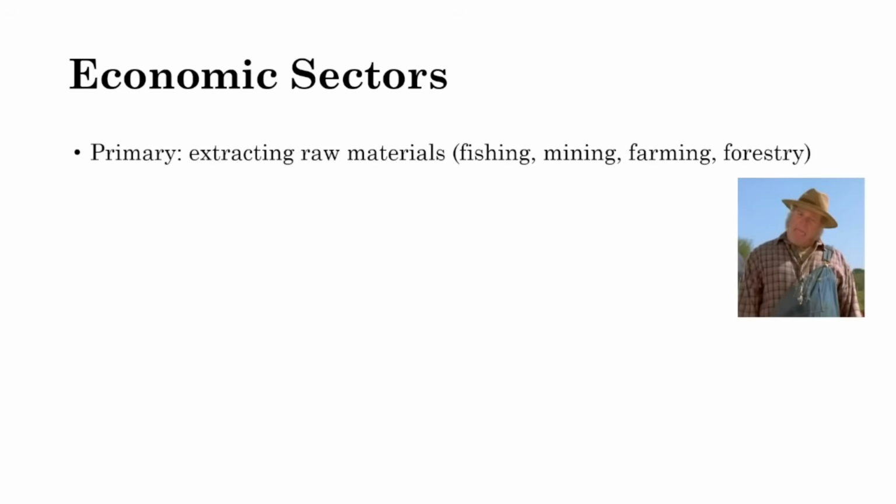All right, let's talk about the different economic sectors, the different fields of the economy. Starting with the primary sector. The primary sector of the economy deals with natural resources and extracting the raw materials. So things like fishing and farming and forestry and mining, you're taking natural resources: food, animals, ores and diamonds. That's part of mining. Forestry, you take trees, you take leaves. All that stuff comes from the natural world, and that's what the primary sector deals with. It deals with extracting the raw materials.